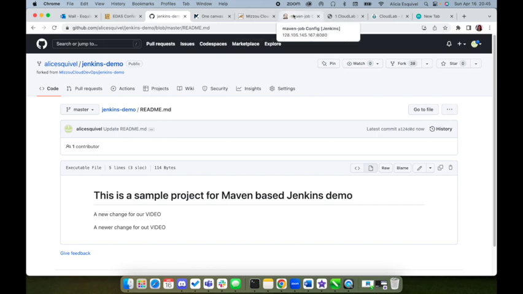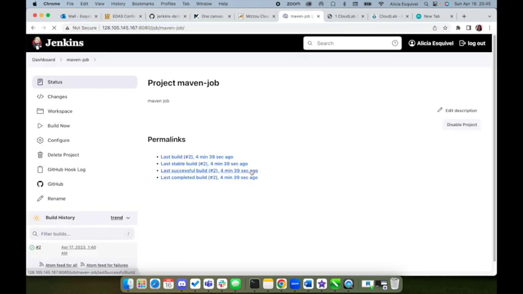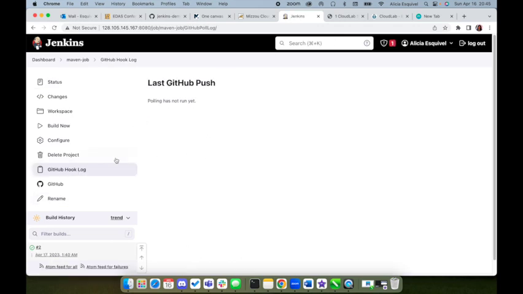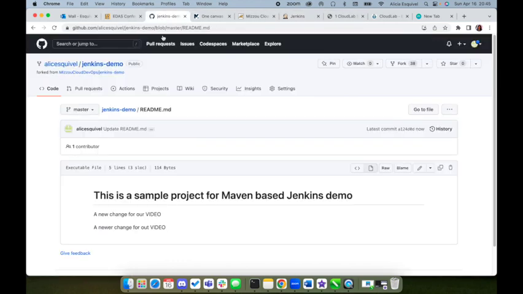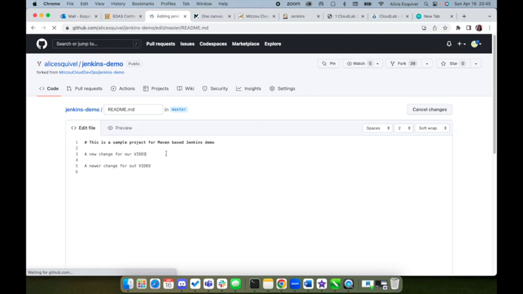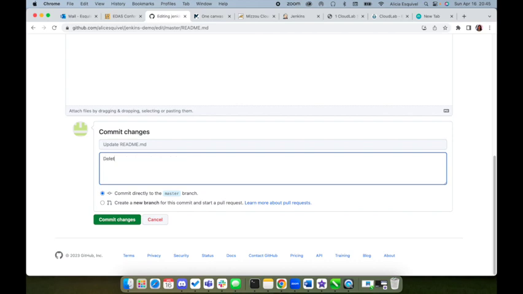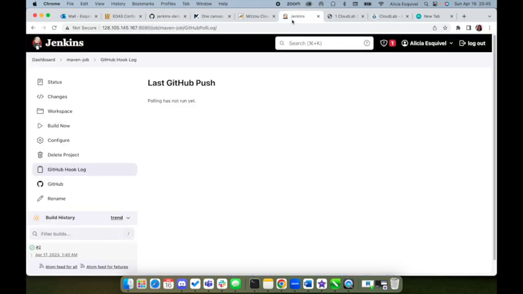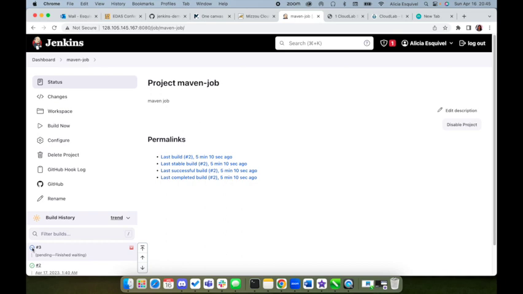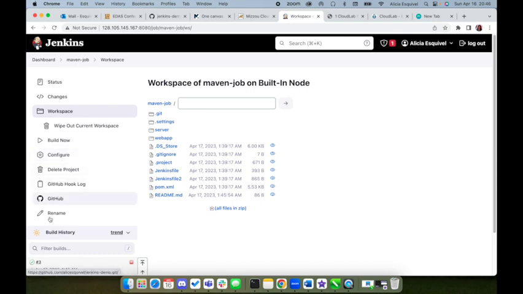So if we go back to, we're gonna save it. I'll need to probably, yes, my bad, I have to save first and then make the change. Here, let me just delete the first part, and that's going to be the change. Let me just put here deleted one line, and then commit that. And then after that, if I go here, it's building, and go back to the job, it says pending changes, workspace is done,